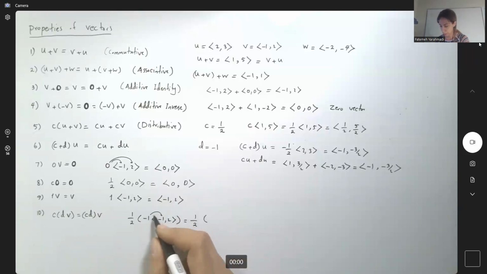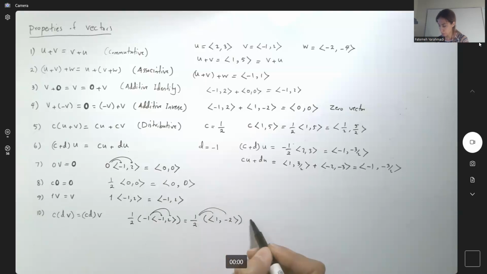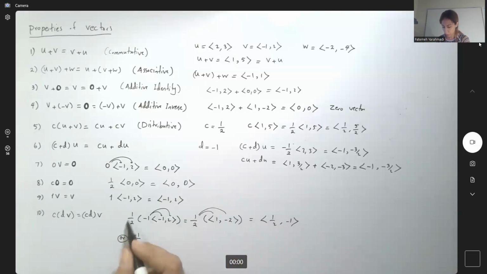It is -1 times -1, which is 1, and then -2. Then I find the scalar multiplication here, which is equal to 1/2 and -1. Or you could say I'm multiplying 1/2 and -1 first, and then do the scalar multiplication. It gives you the exact same. Here I have 1/2 and -1. As you can see, they are basically